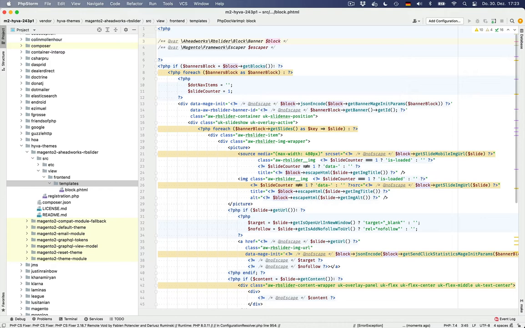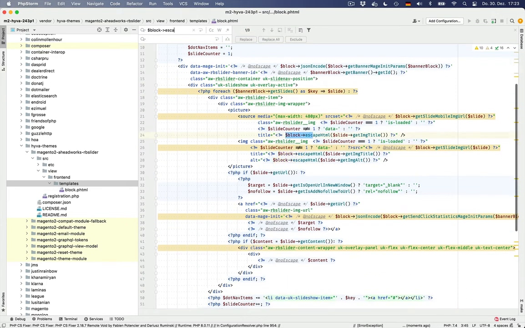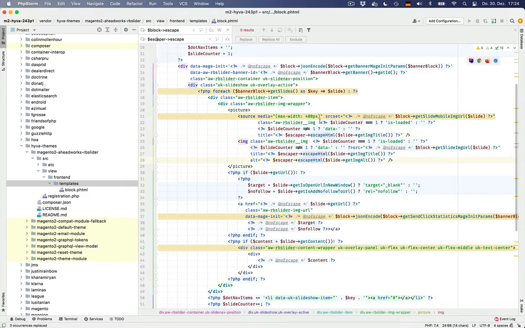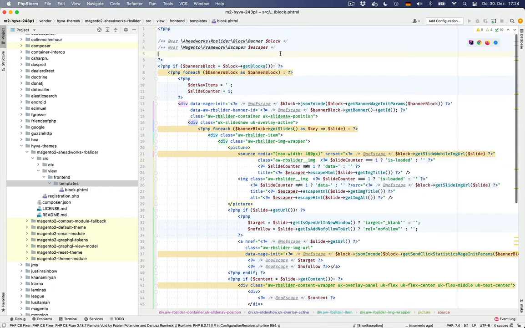So how about we do a search and replace? And I want to replace block escape with escape, without a typo. Escape. Yeah, okay. So this was just three small changes. So not a lot, but